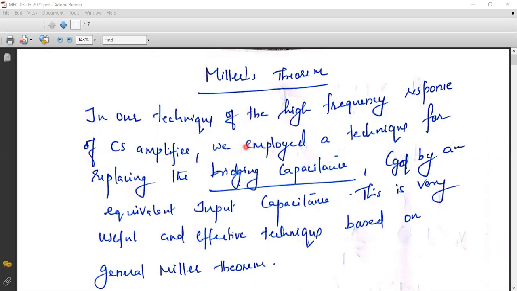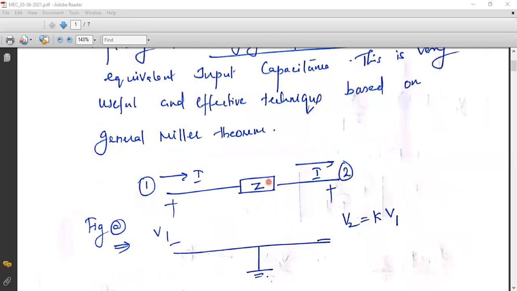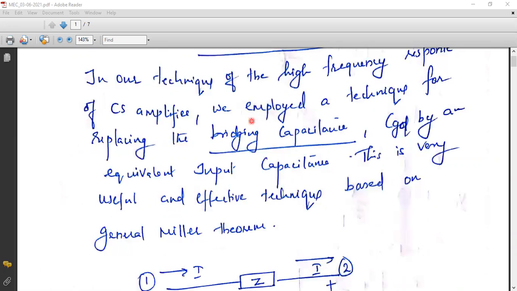So what we are doing here is we have a bridging capacitance. Bridging capacitance means one which is coming across two terminals, for example gate and drain. Suppose this is a gate and this is a drain of a particular circuit. Between those terminals, if you have a capacitance, then that is called a bridging capacitance. Whenever the bridging capacitance is between the two terminals, we will not be able to find a physical resistance connected across that particular open circuit. So we can't find the cutoff frequency in a simple way, right?